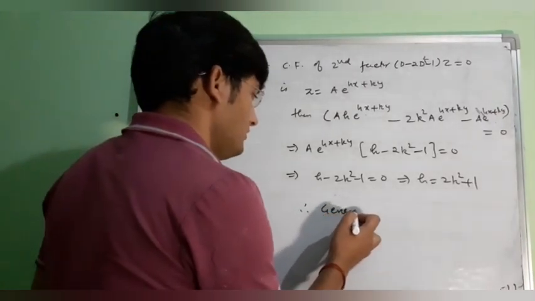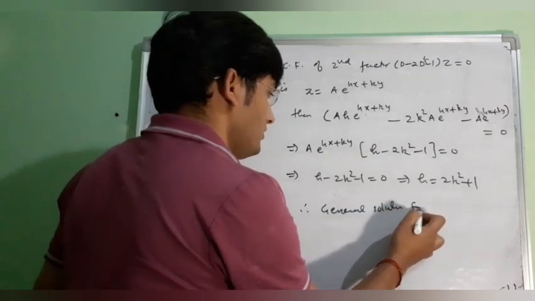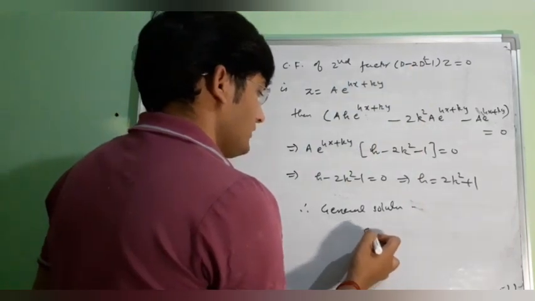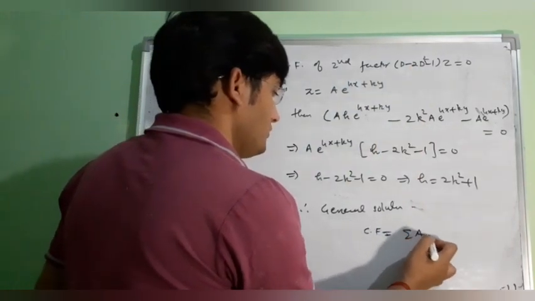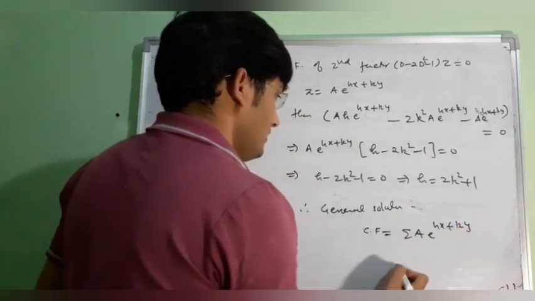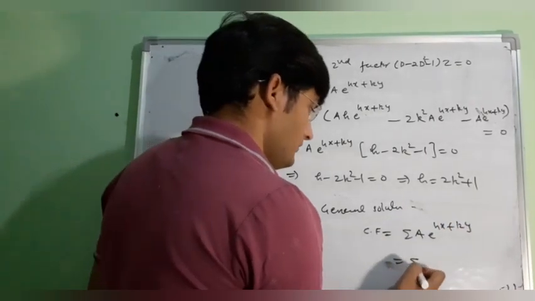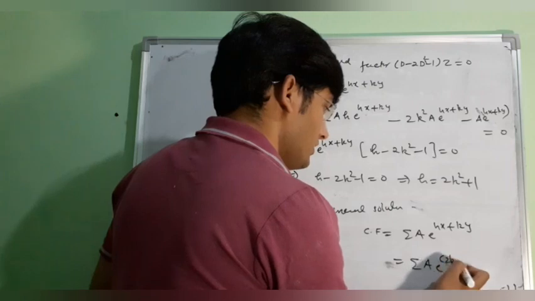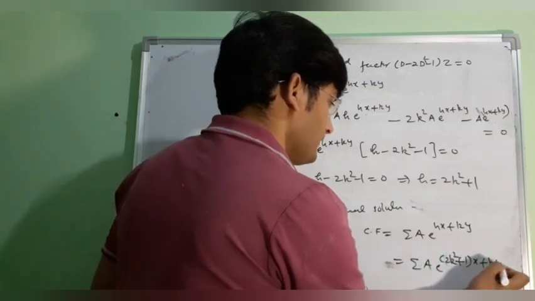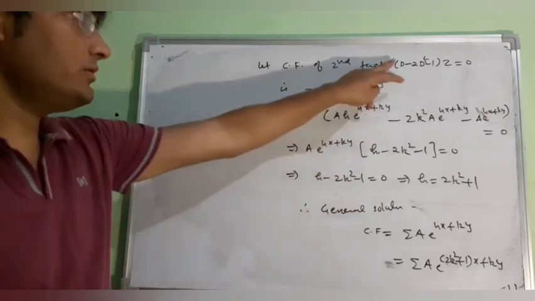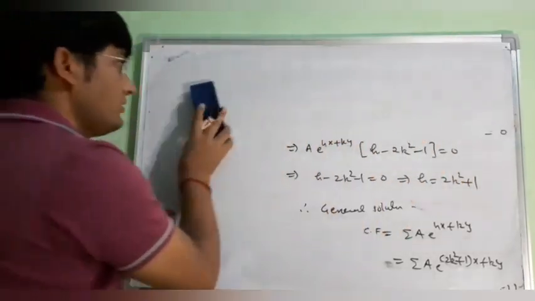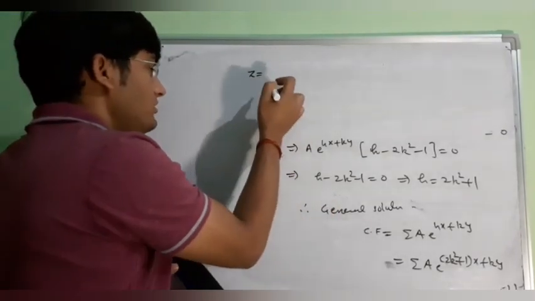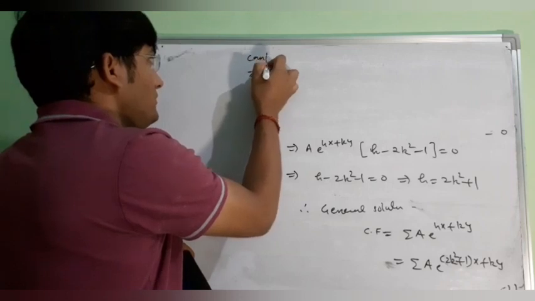Therefore the general solution for this factor, the CF, will be the summation of a e to the power hx plus ky. Now here our h is 2k square plus 1. So this is the CF for this factor. As our right hand side is 0, our complementary function is the final solution. So the complete solution